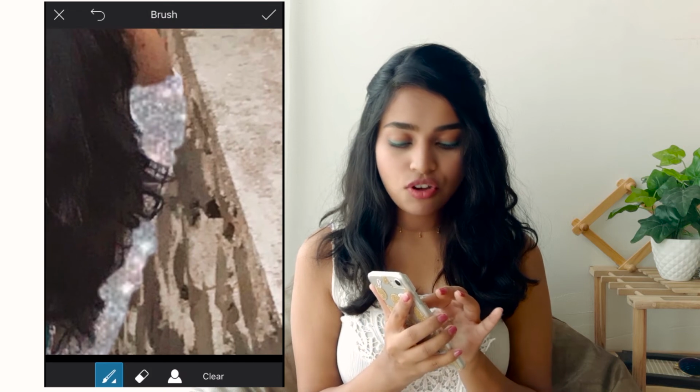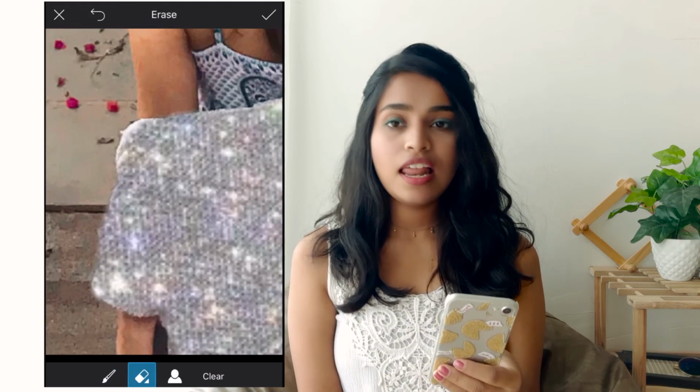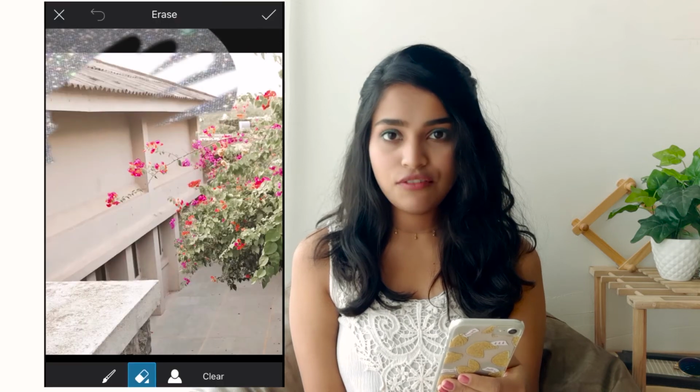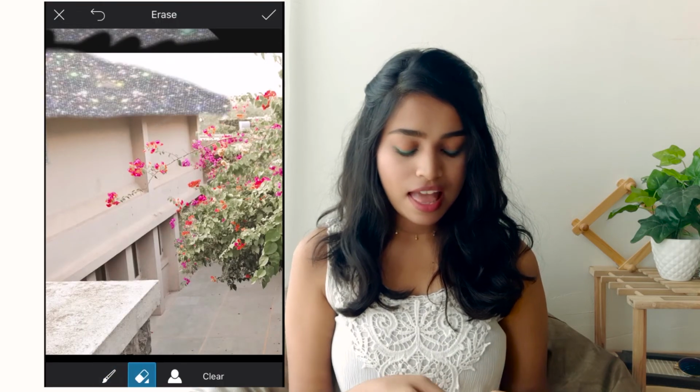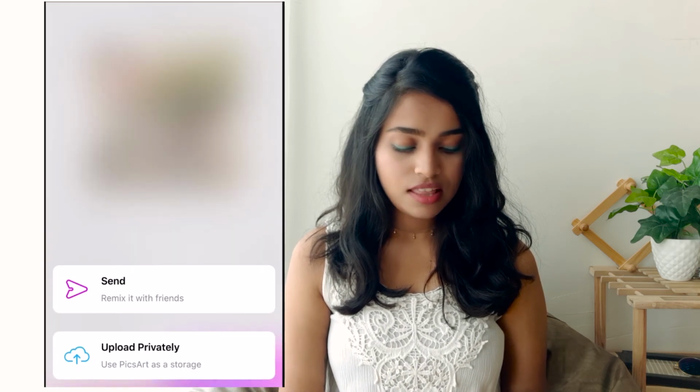And if there is a mistake, you can always rub it and start again over that part. And then I'm going to go to opacity and then decrease it or increase it if you want, and then just click on apply, and there you have your glitter effect on, and then save it. This is a demo of whatever you feel like you can do. You can get however creative you want with this effect, and you can use even different glitter effects. There is a lot of variety to choose from, so use whichever you like the most to glitterify everything.